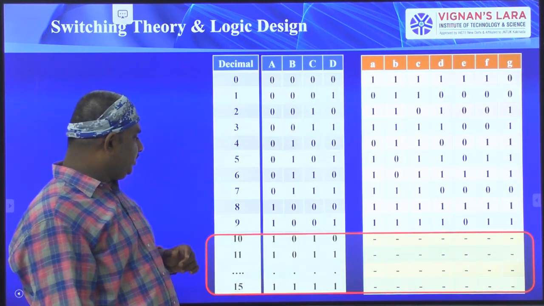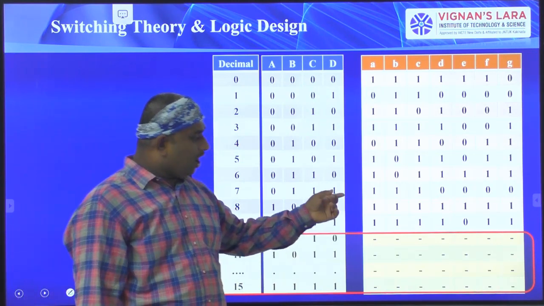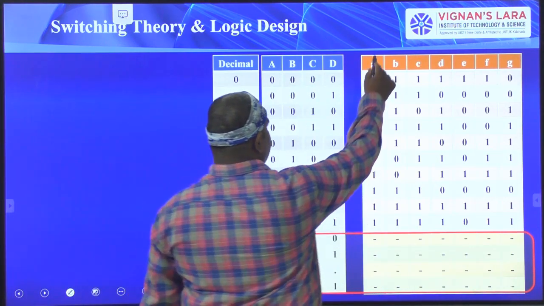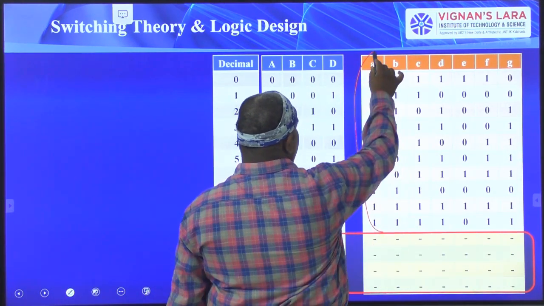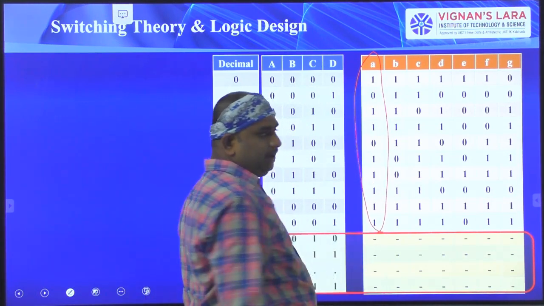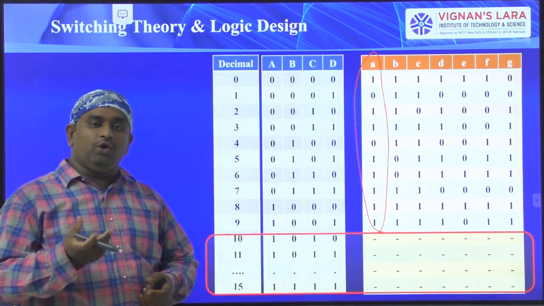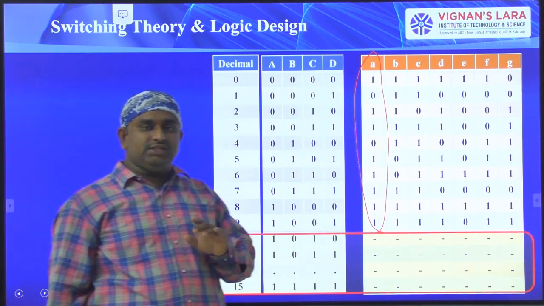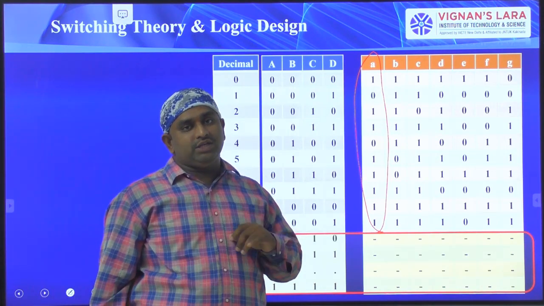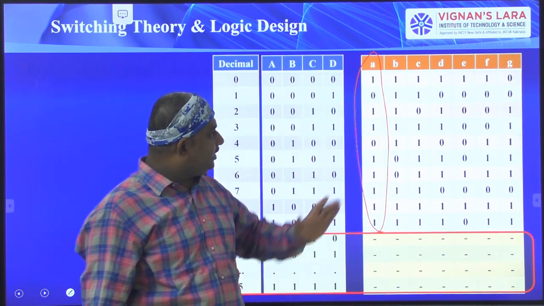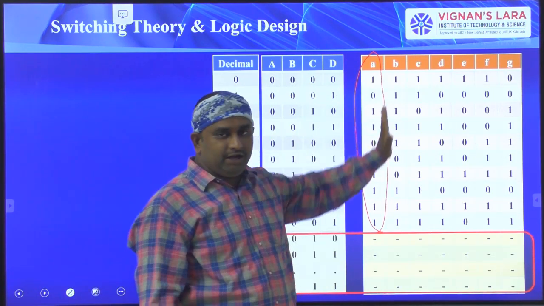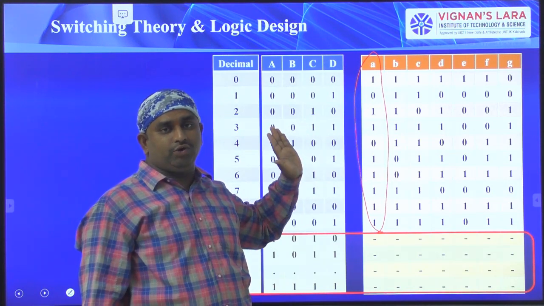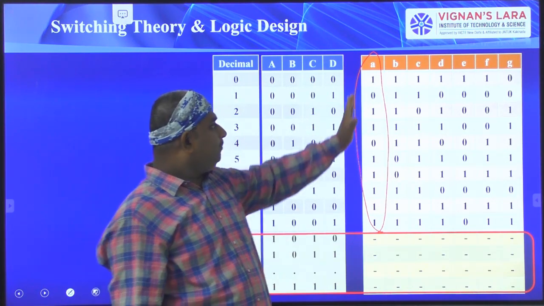Okay, next, after 0 to 9, first you have to write down the function for A. So see here, this is the first output A. When do we have it glow? We have a total of 7 LEDs. When are these LEDs going to be on, and when are they going to be off? So take A separately, take B separately. Now write down the minterms functionality. Then you have to write down the Boolean function by using the minterms.